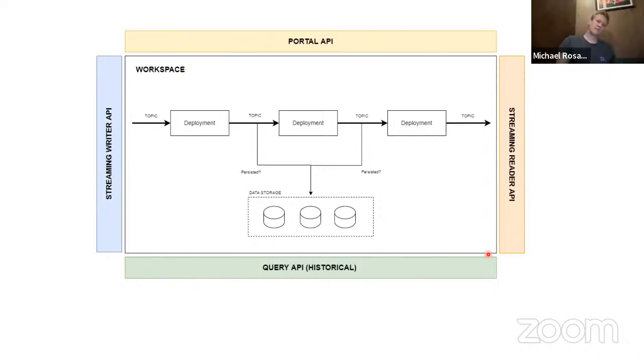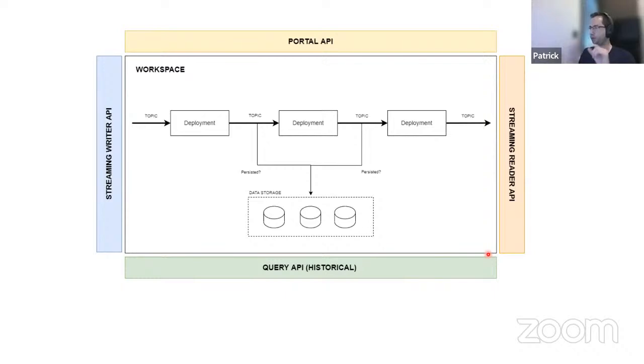Okay. So I noticed on the left-hand side here, we have a streaming writer API, which is, I guess, a producer API. In the pub sub world and streaming world, sometimes they're called producers. So this is writing equals producing, right? We can send data to a Quix workspace. Yes. It's the same concept that you have in one deployment, but in a generic pipeline.